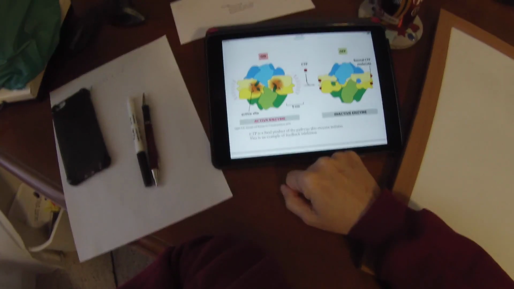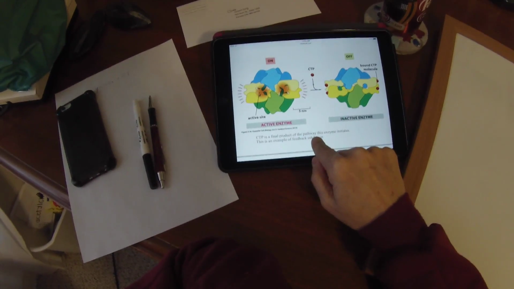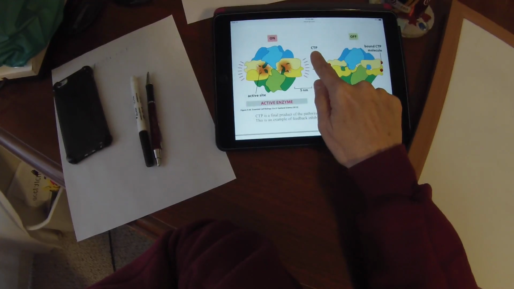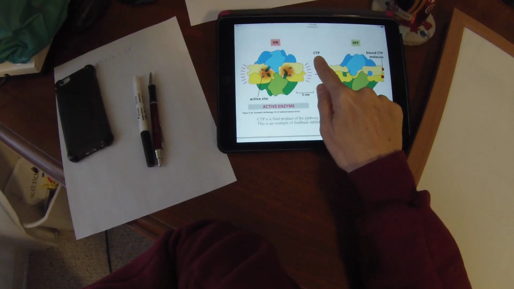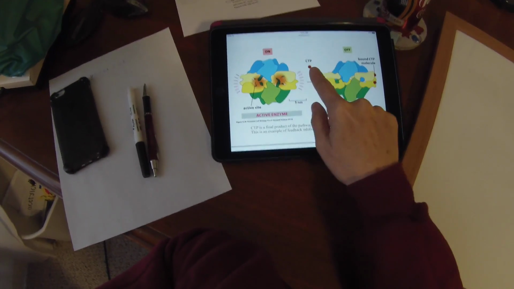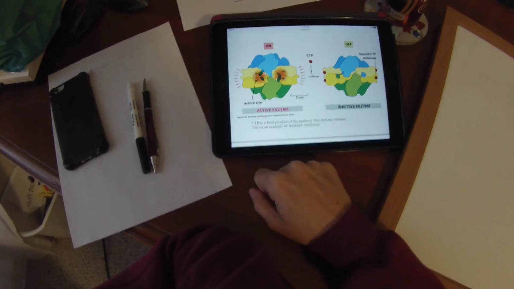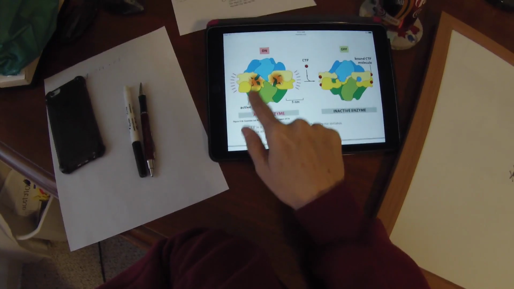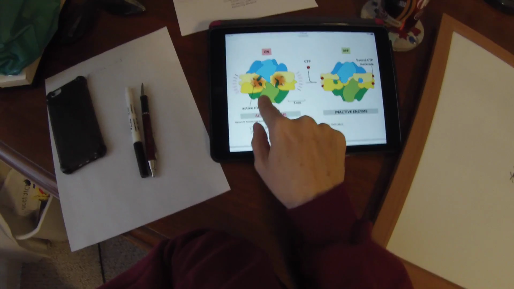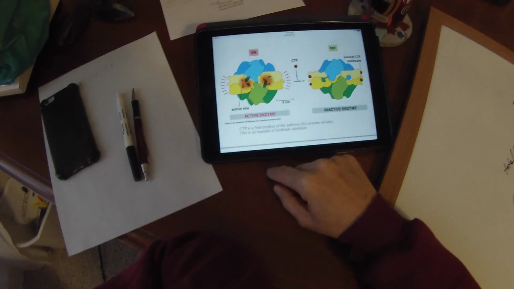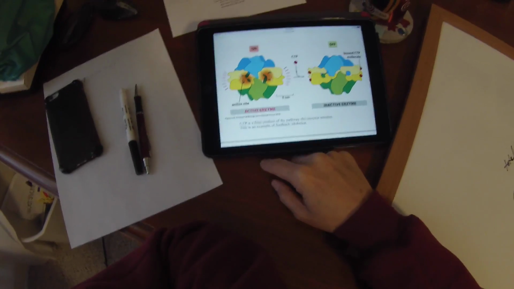Here's an example where the final product of a pathway for this enzyme is a molecule called CTP, cytosine triphosphate. And it is going to go back and inhibit the first enzyme unique to its pathway. If this is our enzyme here and our active site is shown here, and so it's on, what this example is showing is an allosteric inhibition. Allosteric,